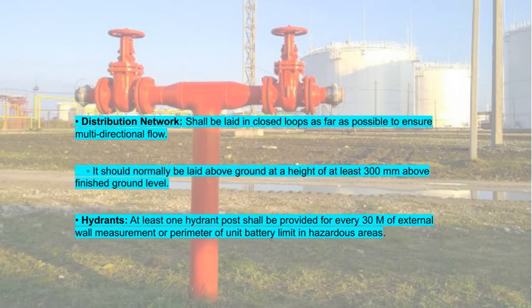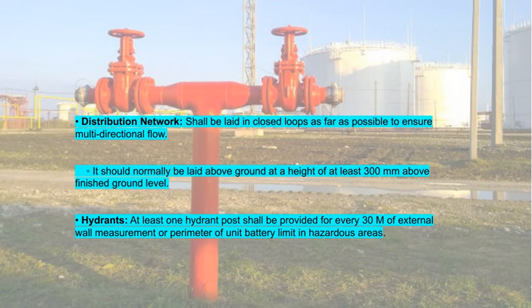Let's talk about the distribution network. The goal here is to lay it in closed loops as much as possible. Why? Because this setup allows for a multi-directional flow, which significantly enhances the reliability and flexibility of the system. If one part of the network needs maintenance or faces an issue, water can still be supplied from other directions,